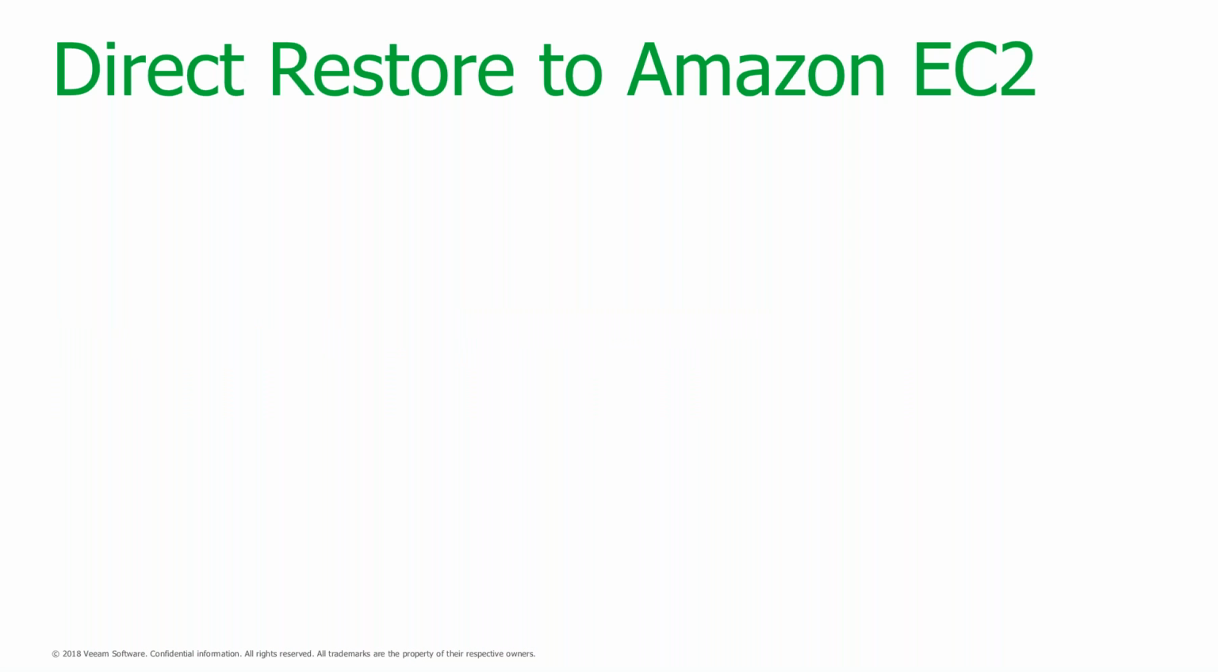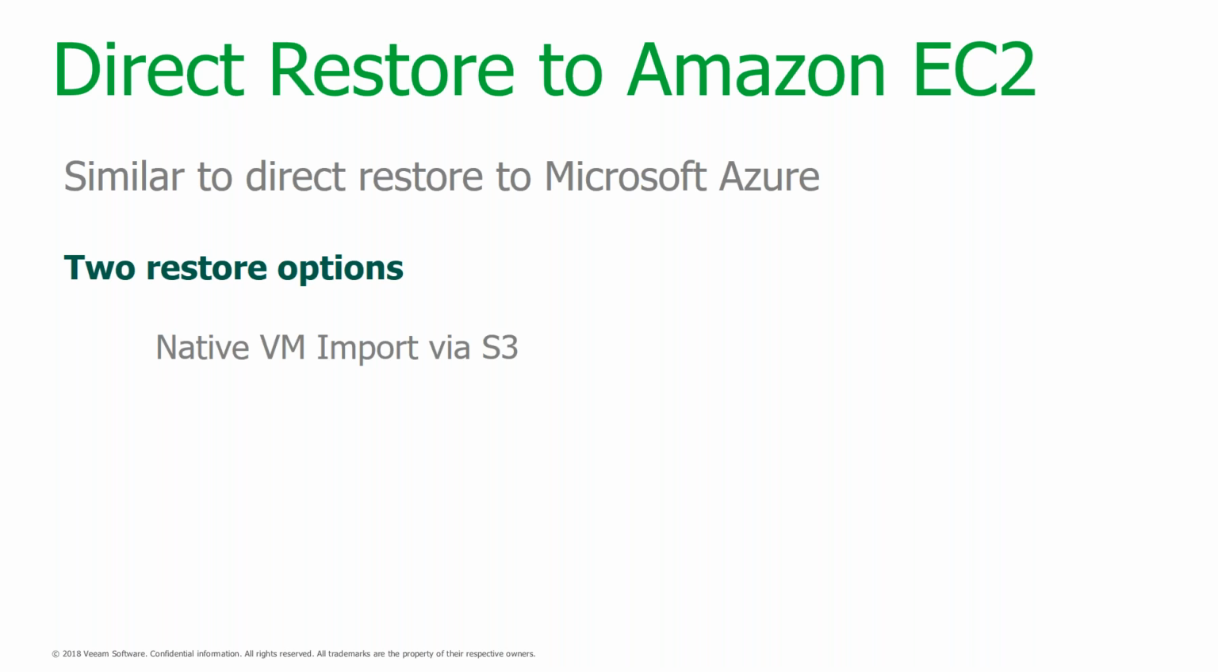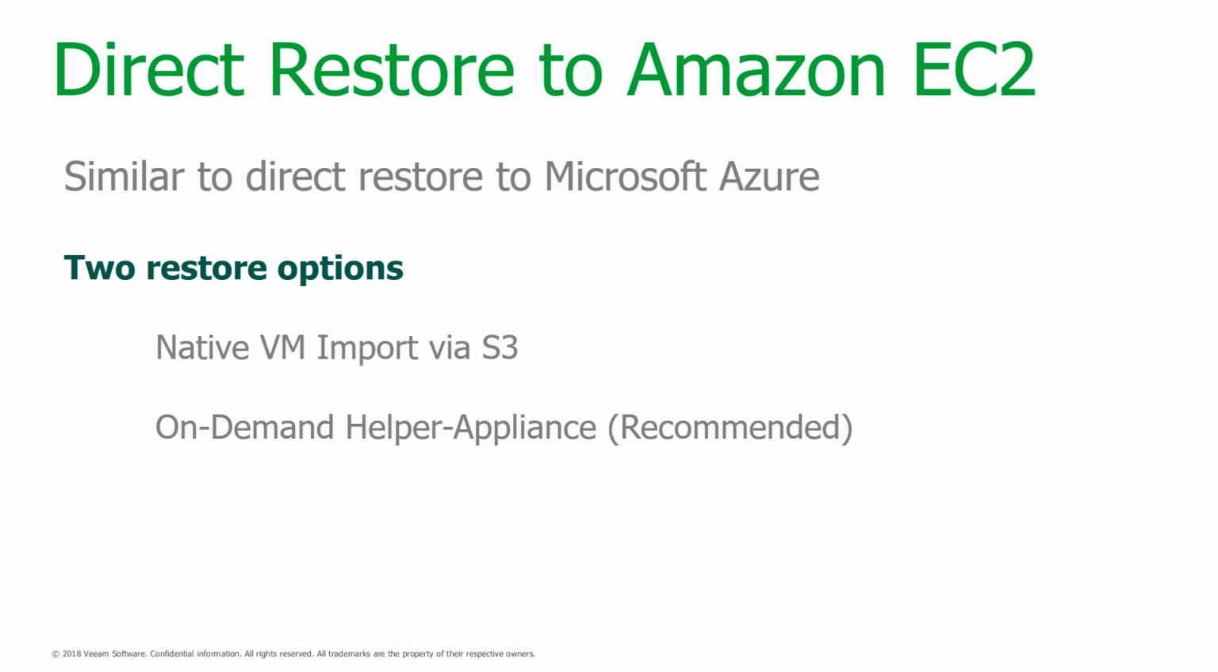So for direct restore to AWS, we have the ability now to do something that was a little more complicated to do than the feature that we already had, which was to restore to Microsoft Azure. So we have two ways that we can restore these VMs. We can do a native import via S3, so it could pull directly in from that scale-out backup repository that we were talking about that's using the cloud storage,